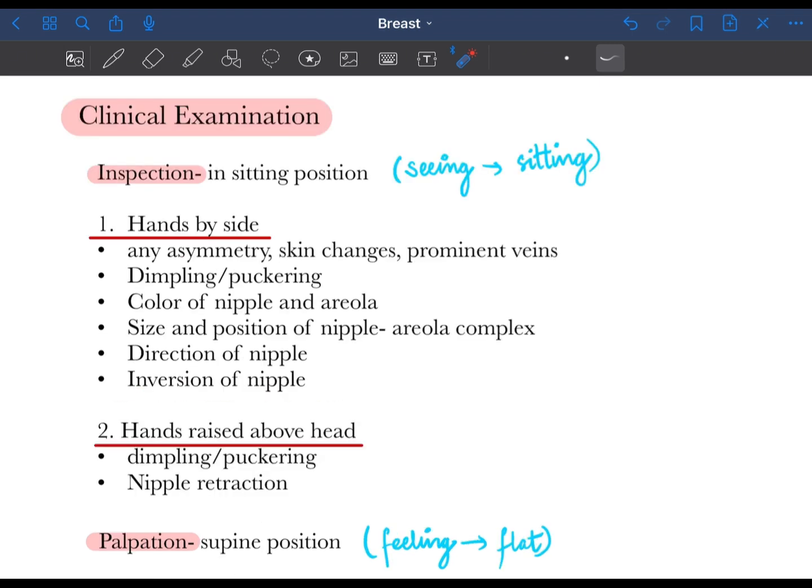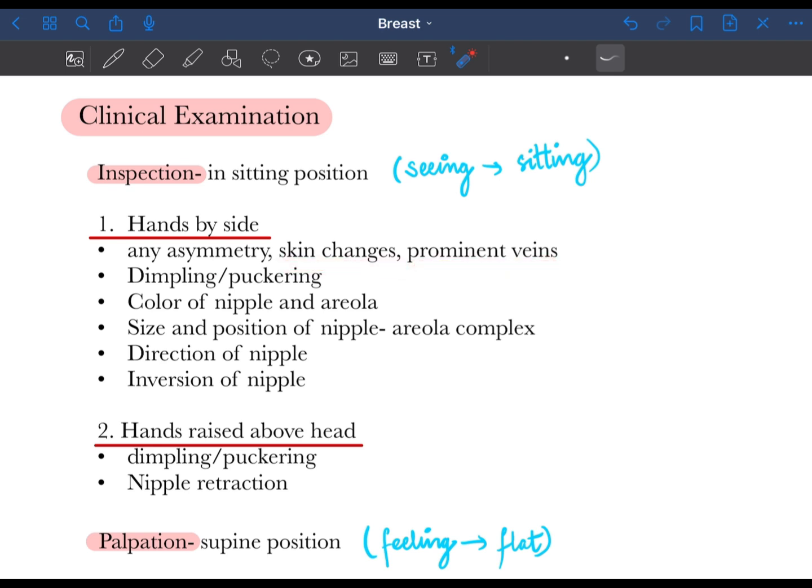Now, under clinical examination, we need to perform inspection and palpation. Inspection we do in the sitting position. We can remember it by "seeing" means sitting, S for S. And we have to do it in two positions, that is hands by the side and hands raised above the head. By keeping hands by the side, we should look for any asymmetry, any skin changes, any prominent veins,